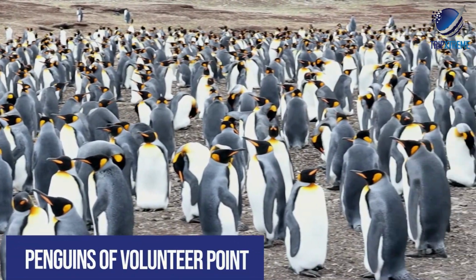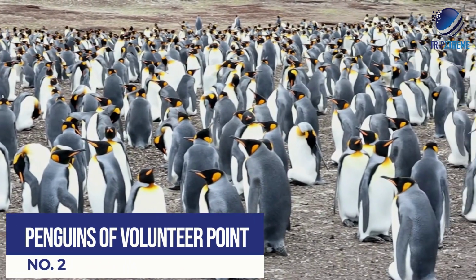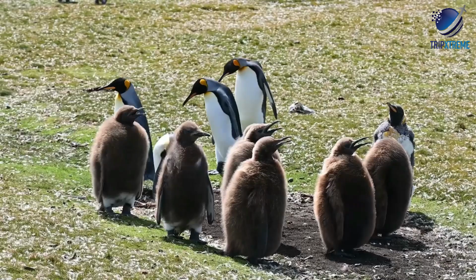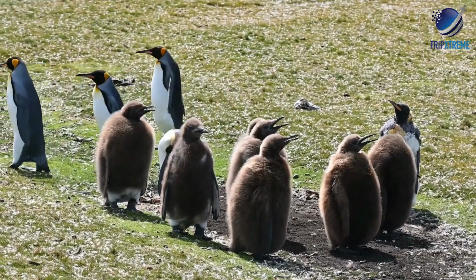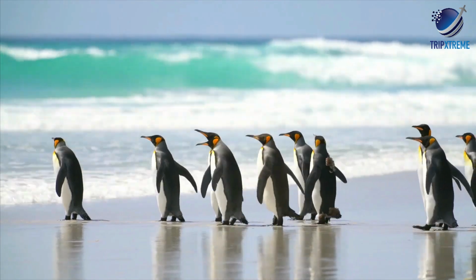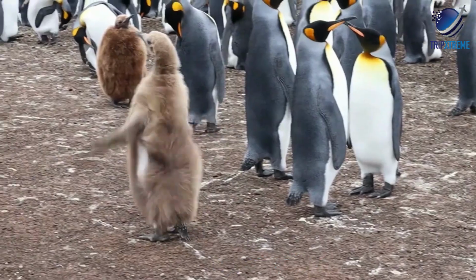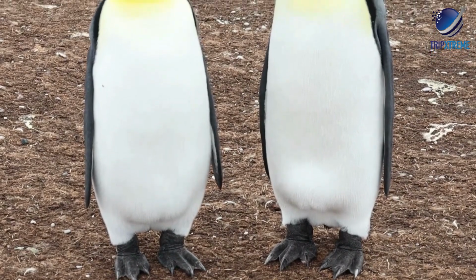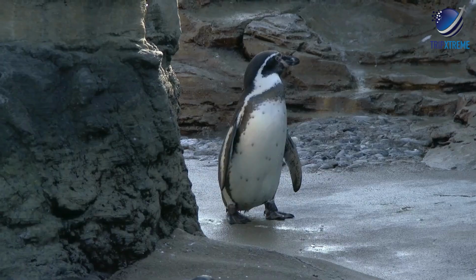And now at 2, the Penguins of Volunteer Point. Located 2 hours by sometimes bumpy road from the capital of Stanley, Volunteer Point is a great place to get in some memorable wildlife watching. The big draw on this East Island location are the king penguins. Once nearly extinct, some 1,200 breeding pairs share a colony at Volunteer Point, although the area is also an important